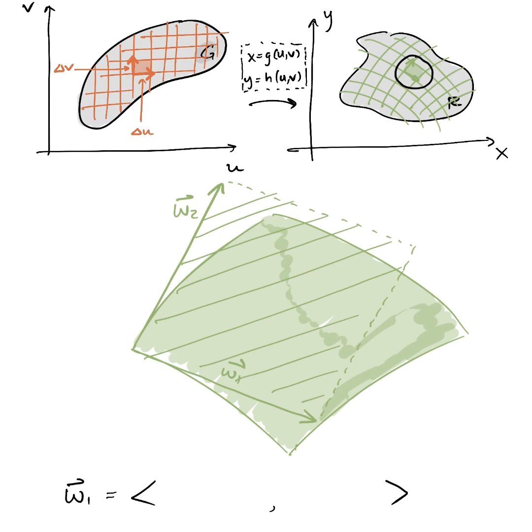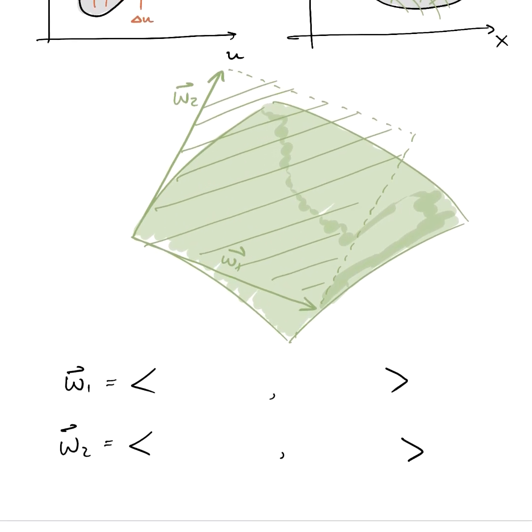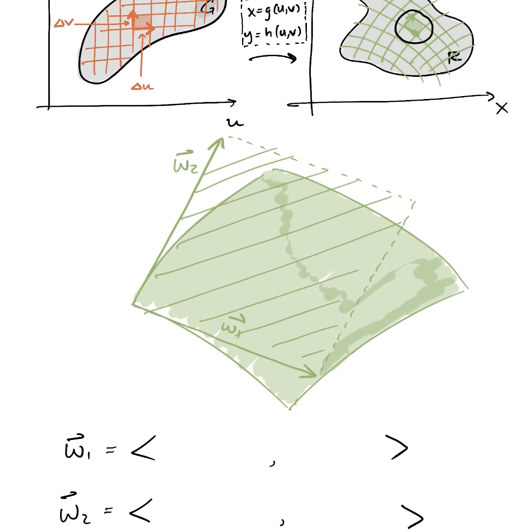Now, x and y will both change over that small change in u and no change in v. The rate at which x changes over a small change in u and no change in v is a partial derivative. It's dg du. So you take x's partial with respect to u. That tells you the rate of change. And then you multiply that by a small change in u, and that tells you the small change in x. So the x coordinate of that vector W1 should just be dg du